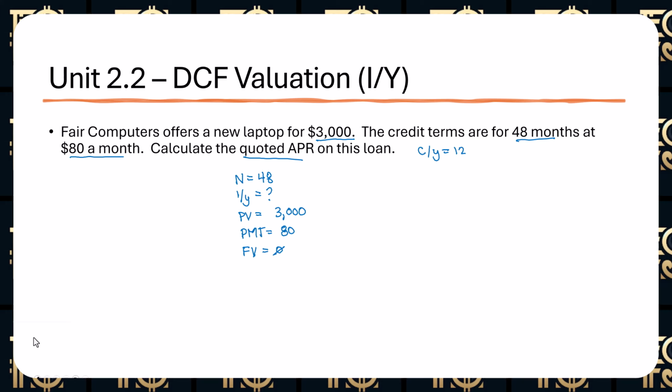Now what I've just done there is I'm going to switch the signs on these cash flows to make more sense. We've received the laptop, we can view that as a cash inflow. Then we're going to make monthly payments to Fair Computers for this laptop in the amount of $80 per month. We'll go ahead